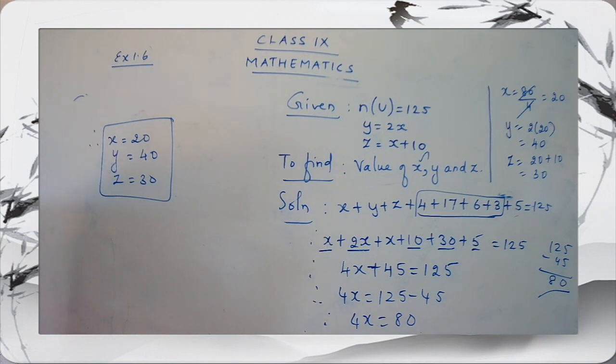Take on the question. Each student in a class of 35 plays at least one game among chess, carom, and table tennis. So they are going to play at least one game. I have told you the meaning of at least. At least means the minimum number will be 1. So he can choose one game, he can choose 2 games, or he can choose 3 games. So here they are going to focus on 3 games. One is chess, then carom, and table tennis.